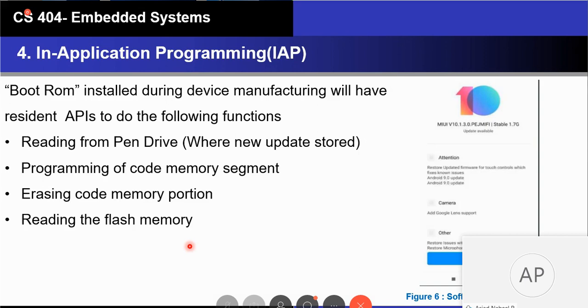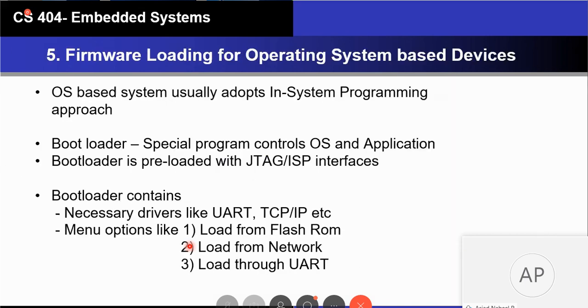Actually, boot ROM is part of the firmware. But the bootloader is different. The bootloader is capable of loading an operating system, as you may have learned in the case of computers as well. It is a very basic OS with very basic features, like accessing standard ports and reading from a pen drive. The main purpose of the bootloader is to load an OS.